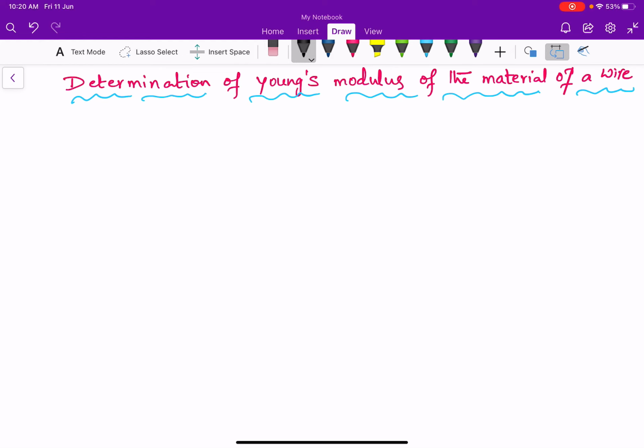Dear students, in the last video we have discussed Young's modulus. The formula for Young's modulus is Y equals F into L by A delta L. So here, to determine the Young's modulus of the material of a wire, I am taking